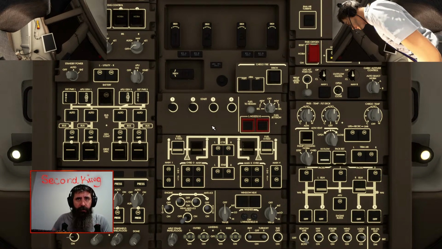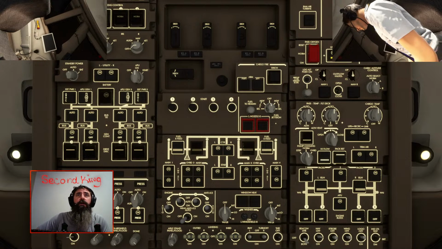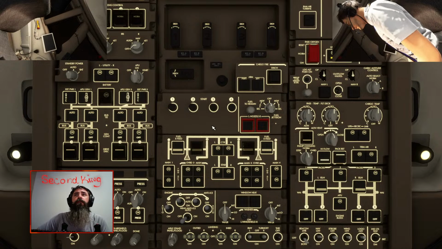Yep. So in the overhead panel, we have a line. APU is going. Disconnect from that. Everything else is turned on.